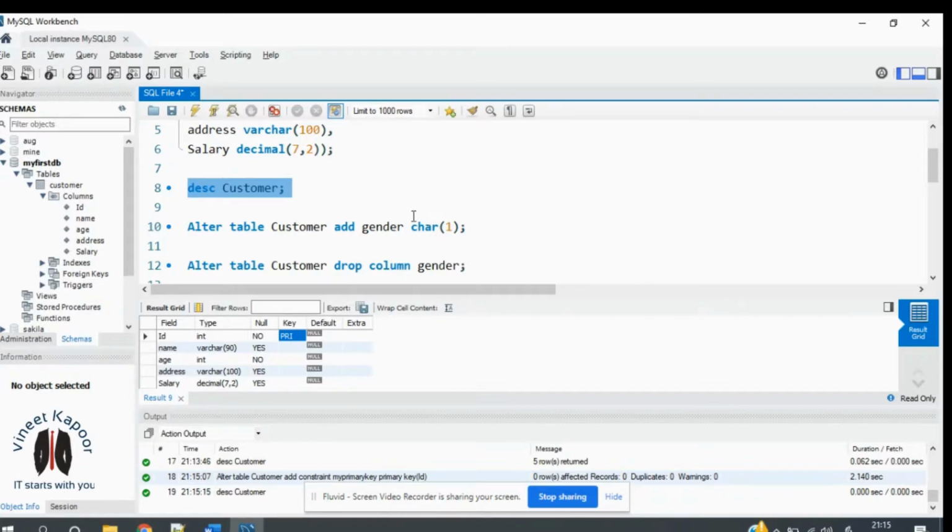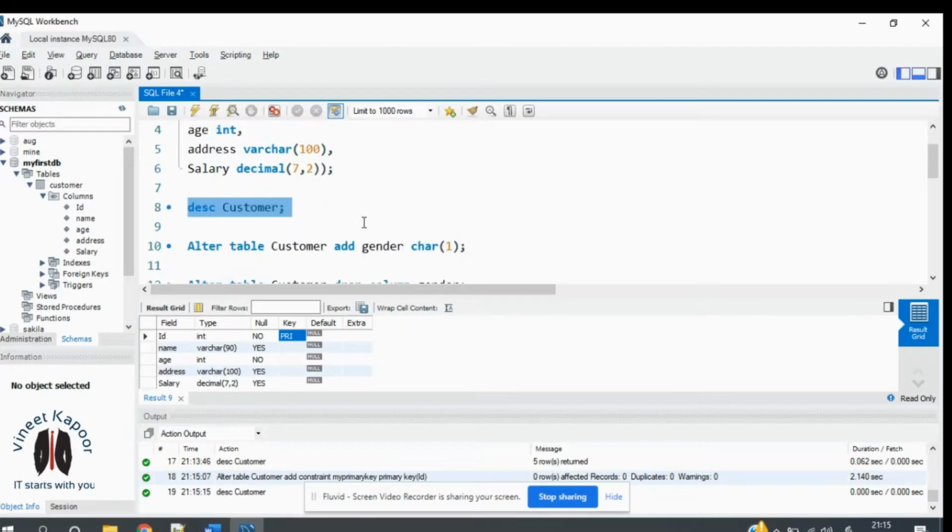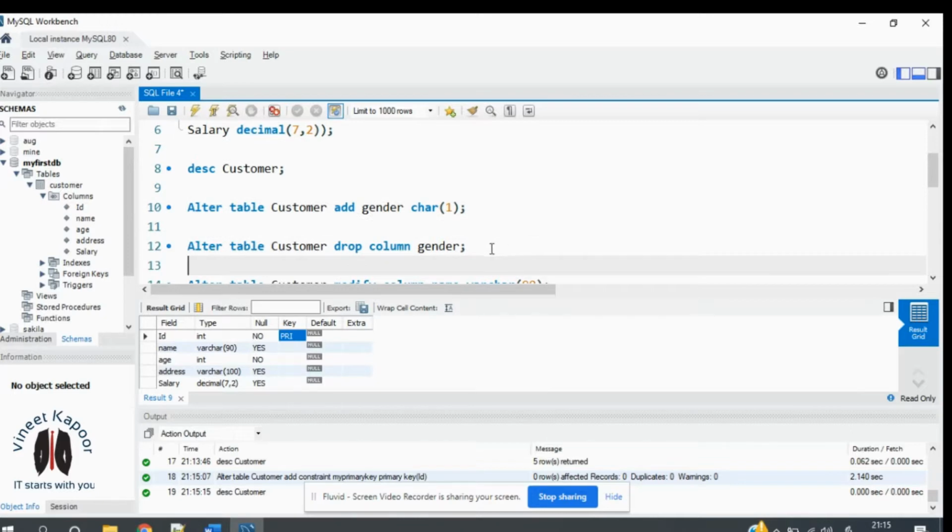So let's revise what all we have done with the alter command. If I want to add a particular column, I'll say alter table customer, add the column name, which is gender in my case, and then its data type. So this got added. If you want to remove the added one, you can simply say drop column and then the column name.